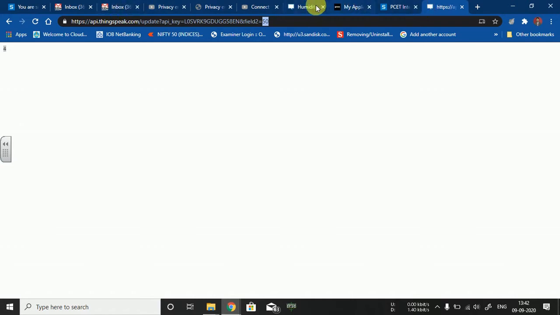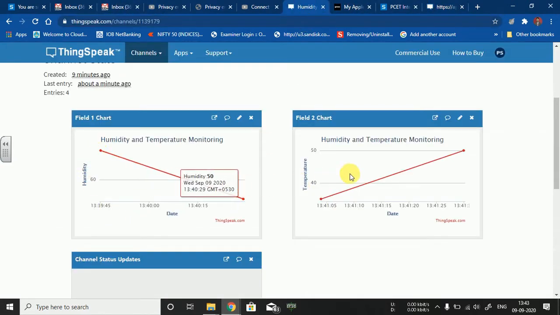In real time you can observe these specific readings directly, continuously being uploaded onto this particular environment. Now from this ThingSpeak cloud we can take actions as well. I'll take an example.